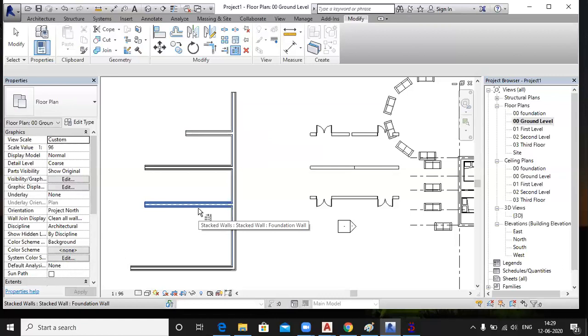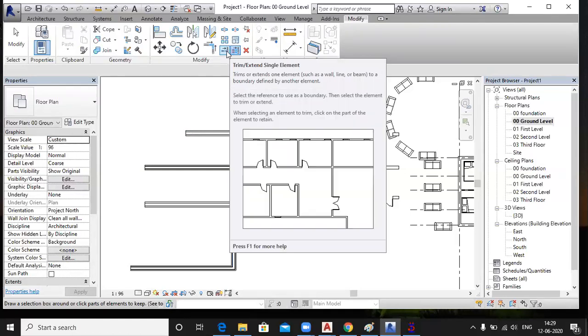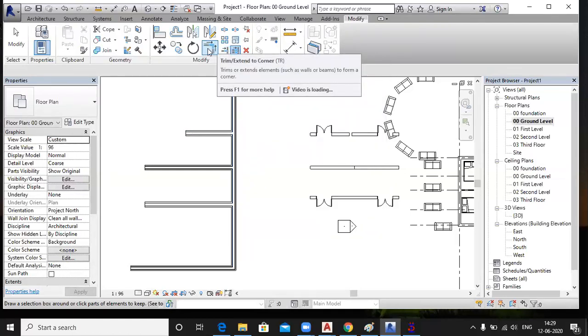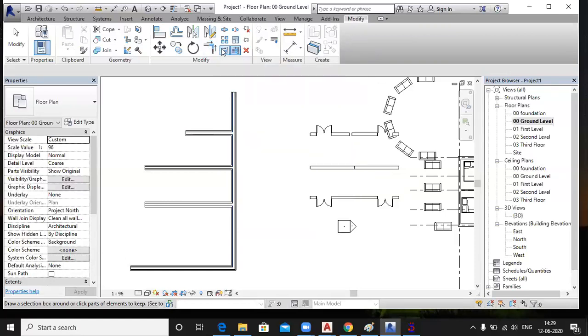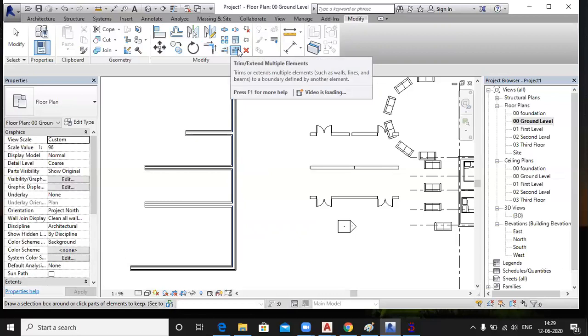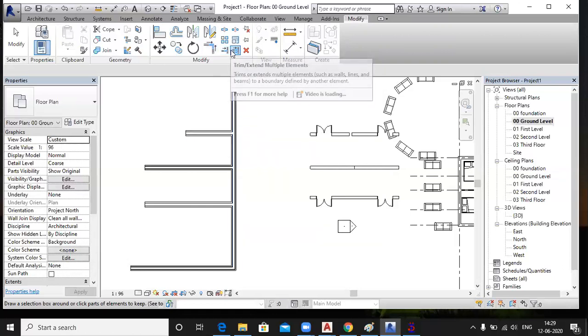This is for multiple and this is for single. And this is for the corner. Yes, corner joining. All three commands are used for trim or extend. You understand all the three commands? Right, sir.